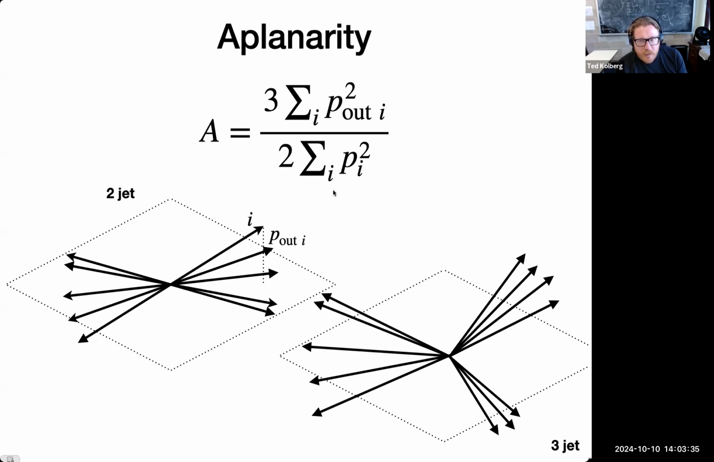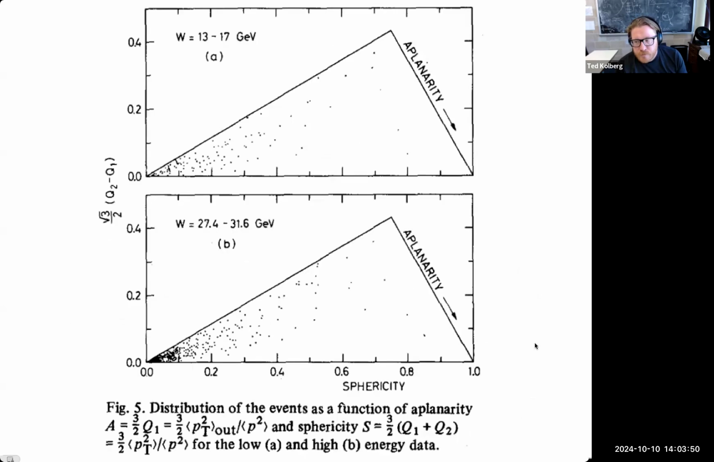So one smoking gun would be to make basically a scatter plot of the sphericity versus the aplanarity at a couple of different energies and look for this class of events to emerge with high sphericity but low aplanarity. And indeed, that's what we see here. So we have the distribution of events at two different energies, at top 13 to 17 GeV and at bottom 24 to 31 GeV. And you see that this corner here with the low aplanarity and also the low sphericity,